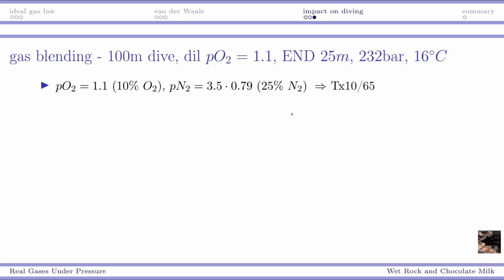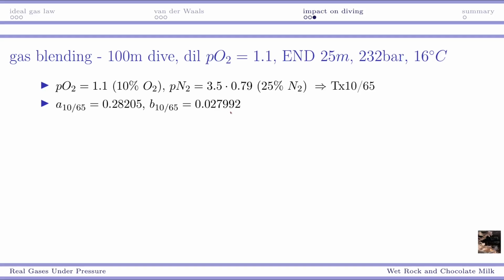So we're going to be diving a Trimix 1065 on this dive. Now, what does that mean for our blending? Well, first and foremost, we need to compute what our A and B values are for this Trimix 1065. Plugging in the numbers just like we did with the air calculation, except now we have 3 terms, so there's 9 values that we need to sum up, gives us an A of 0.28205 and a B value of